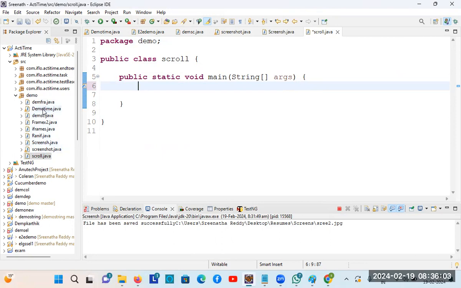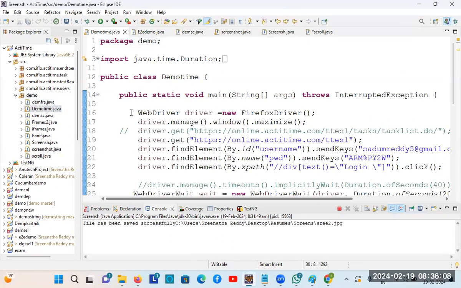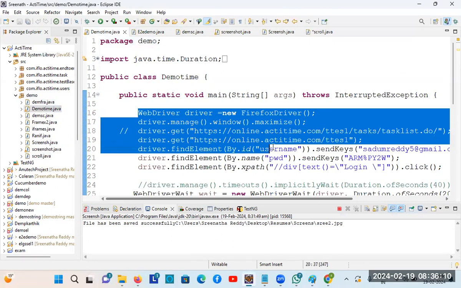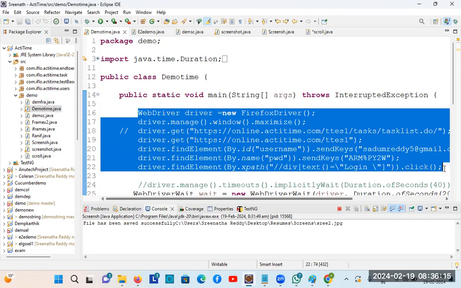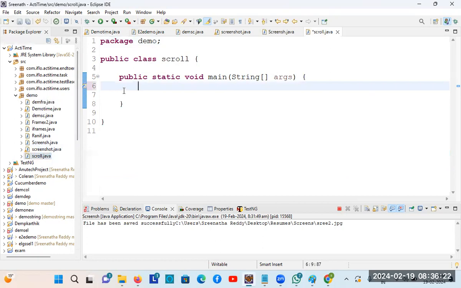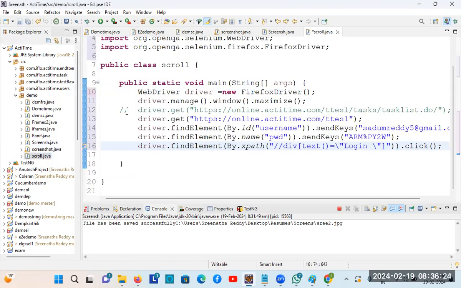Whatever we are having, we can copy all this script. So after clicking on the login button, now after this one,